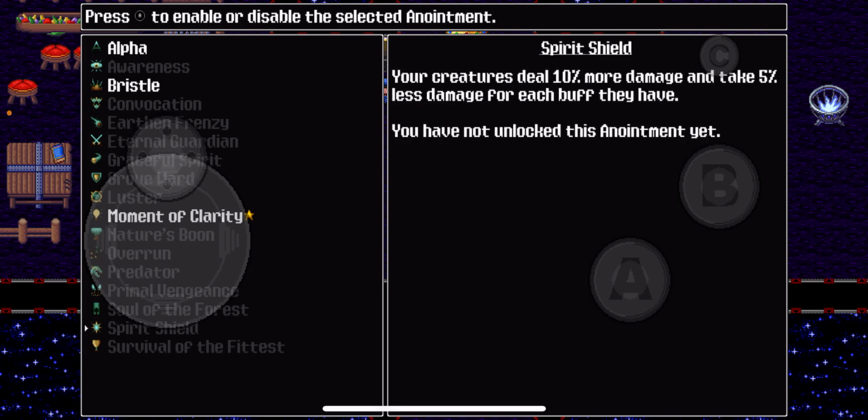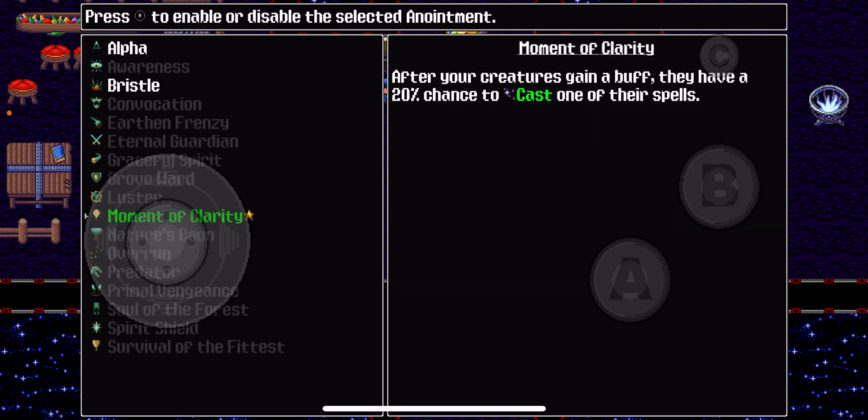And that is Moments of Clarity. So after your creatures gain a buff, they have a 20% chance to cast one of their spells. Corpse Explosion is huge with Zante, and I just laugh so much seeing all that damage go through,